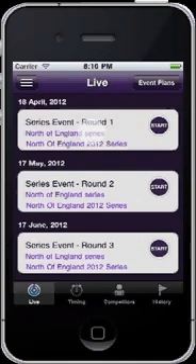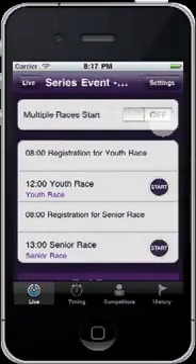In this tutorial, we'll show you some of the basic features of timing a race. The first thing that we need to do is to start the event. So let's start round 1 of our series. This takes you onto the Live Event tab, and there are 2 races on this tab, the Youth Race and